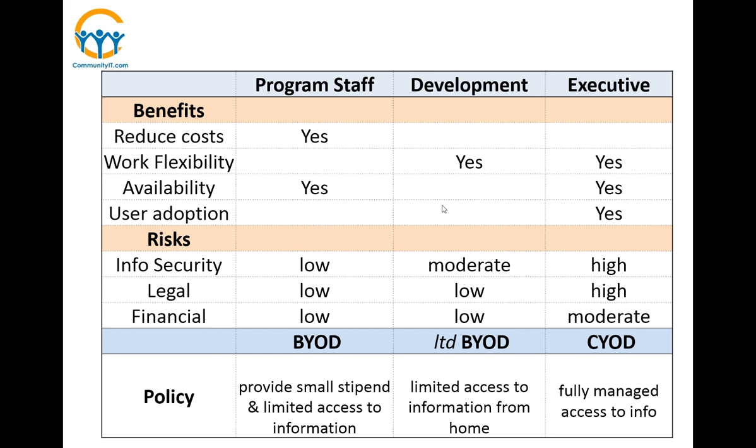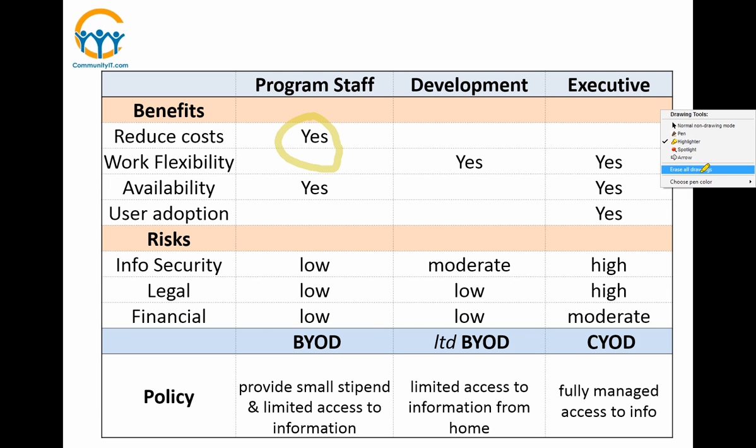So with that in mind, what are some of the benefits? We've mapped out the risks. If staff have access to their own devices, it could potentially reduce costs. Let's say program staff are just entering simple information in the field. Most of the staff have a smartphone and they could do it on their smartphone. Maybe that helps to reduce costs instead of providing them all with their own laptops